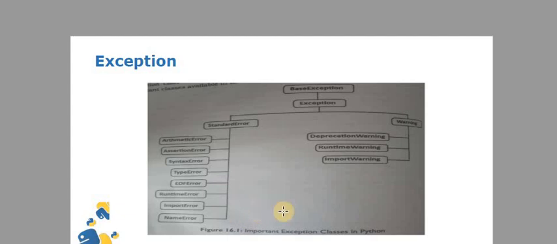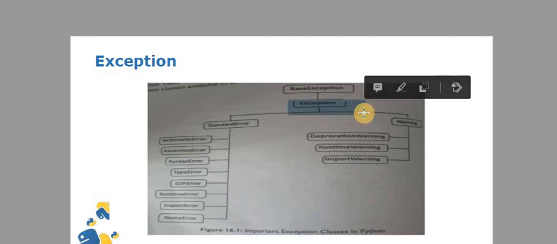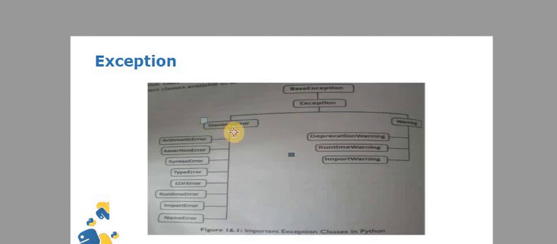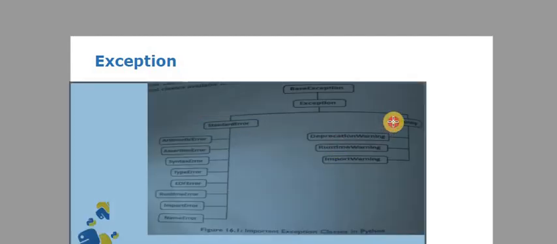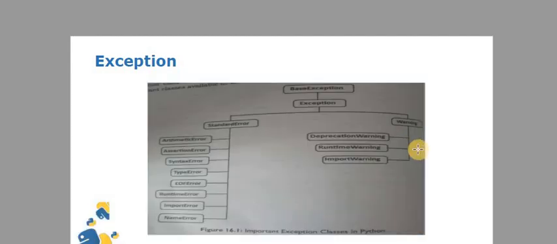In our book, the base exception is the main class. In Exception, there are basically two flavors: first is StandardError and another is Warning.